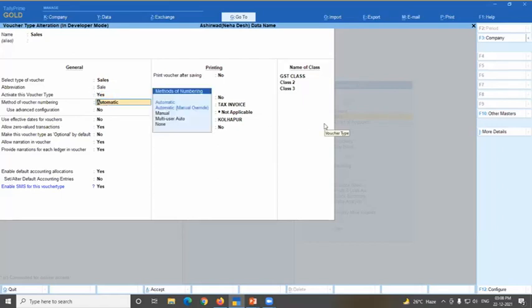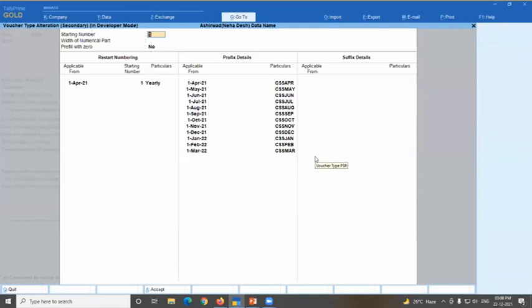The numbering method, that is the basic feature. Normally everyone knows about that feature. So here you can make numbering automatic, manual override, or no numbering. Okay, and in the advanced feature, you can handle the length of voucher numbering, and whether that number should be prefixed with 0 or not. Suppose I am putting here, I want numbering starting from 1, but I want a minimum of 5 digits in a number. So 0, 0, 0, 0, 1.